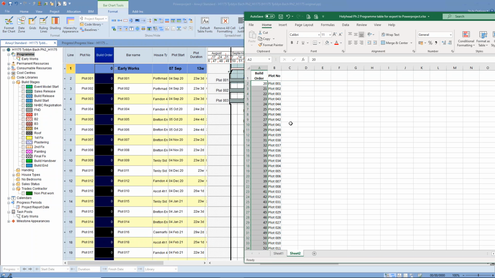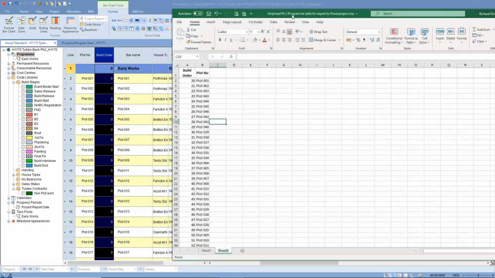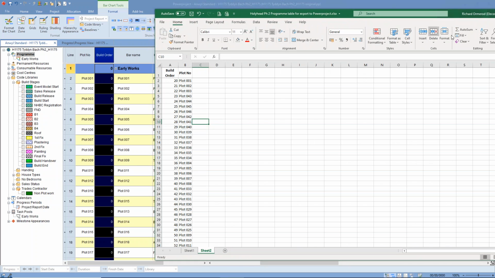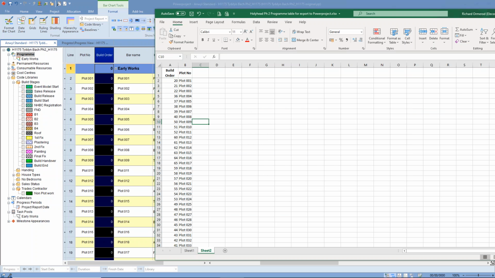And we need to then sort this by the plot number. So we need to bring in the sort option over here. So we're going to sort this by the plot number. So it's going to be from 1 to 10, and then it's remembered the rows that they would originally be in. So we then got to copy this lot. So this is what we want to have